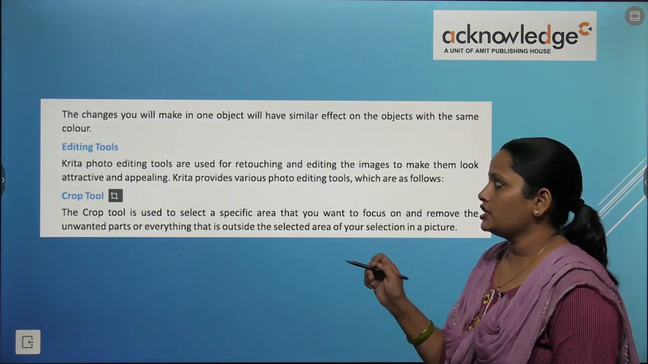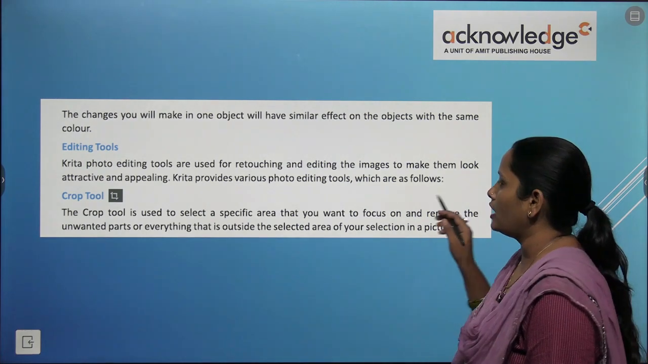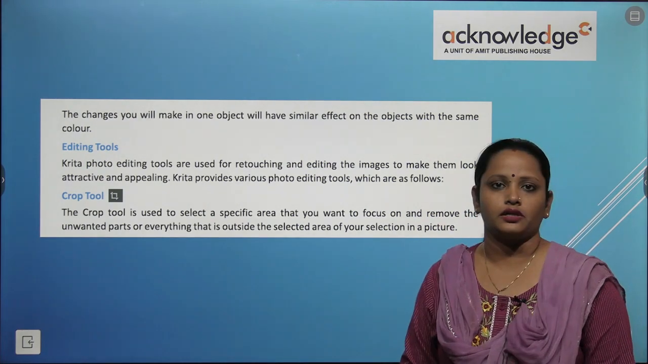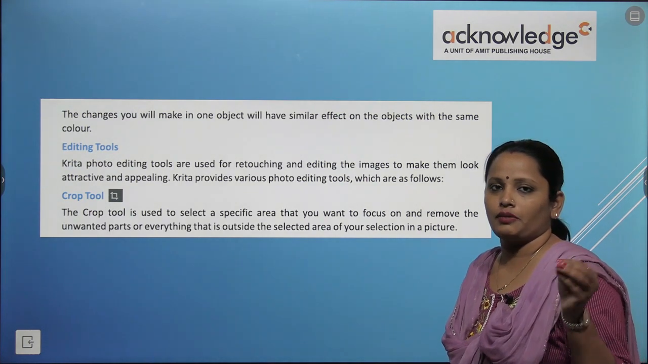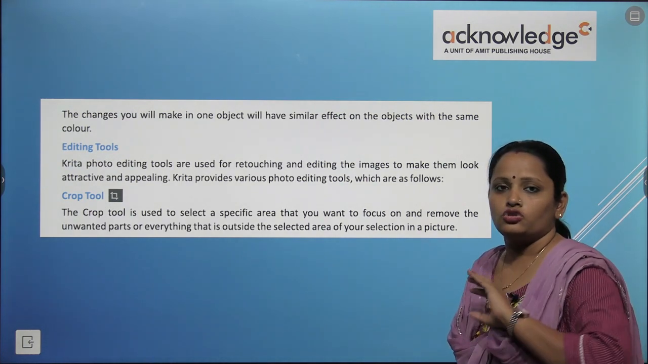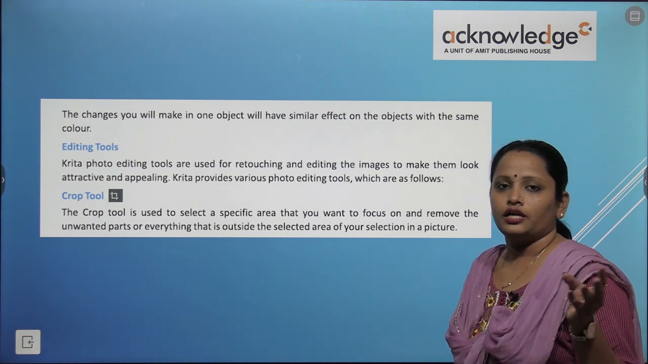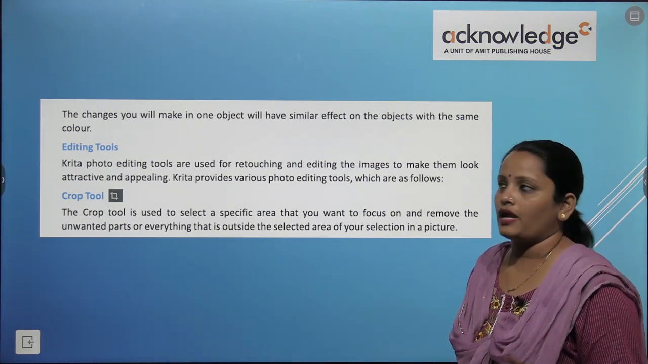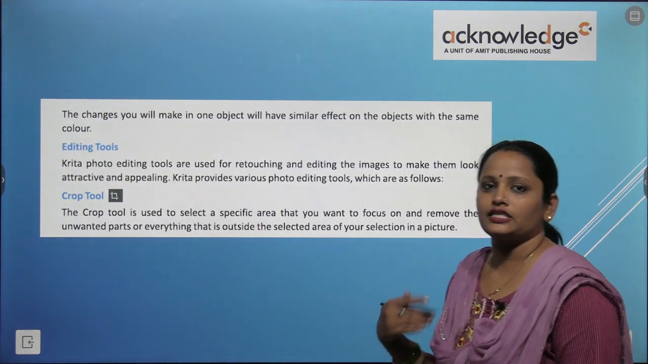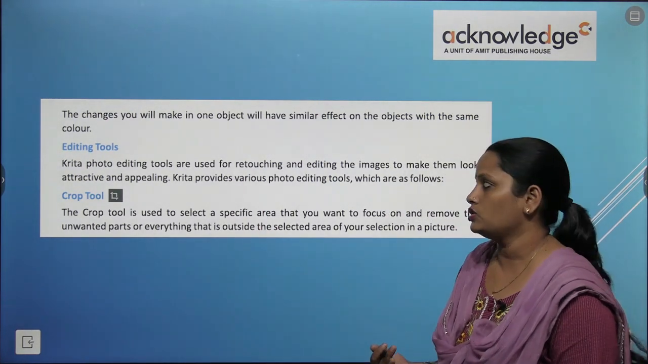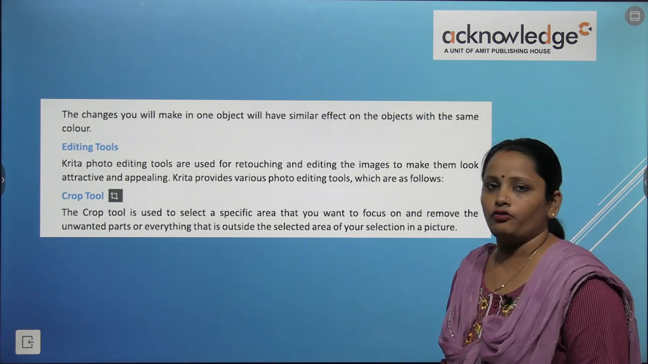Now the changes you will make in one object will have similar effect in the other object with the same color. So मान लो मैंने पिंक फेस की जगह रेड कर दिया, सो जहां कहीं भी वो पिंक था कलर वो सब जगहों पे रेड अप्लाई हो जाएगा। नाउ नेक्स्ट इज आवर एडिटिंग टूल। अब हमने सिलेक्शन टूल्स के बारे में पढ़ लिया, अब हम एडिटिंग टूल्स के बारे में पढ़ेंगे।